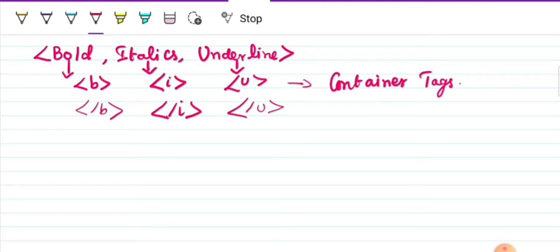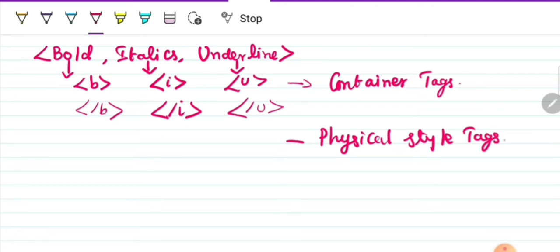Similarly, these three tags are otherwise called physical style tags. Are we clear with this? Yes, so bold, italic and underline. Now we can see another one, that is TT. What does this TT mean?